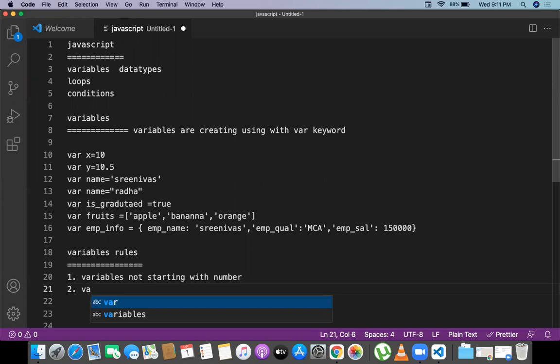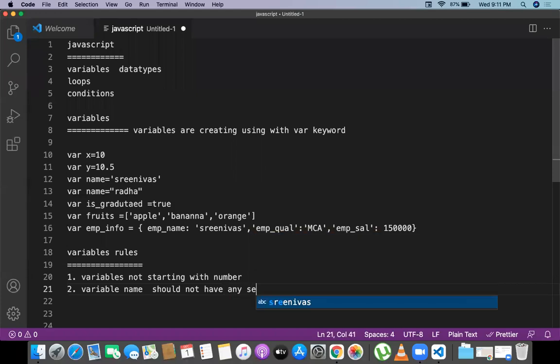And variable names should not have any special character without underscore. Underscore is basically important, and without underscore, no other special character is going to be available in the variable name.